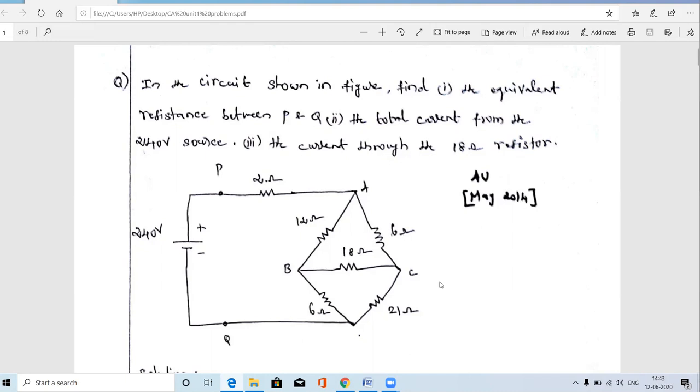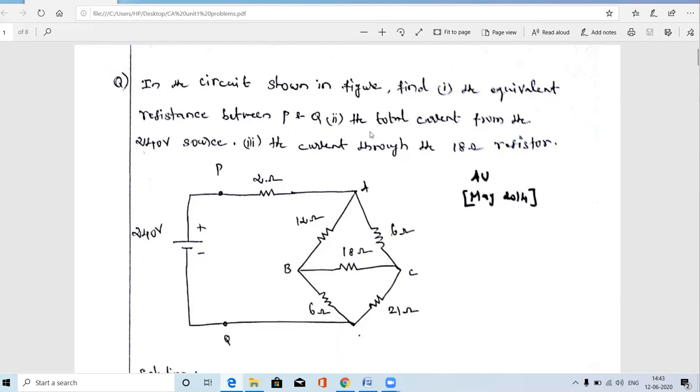So this is the given circuit. In this circuit, this is the terminal P and Q. We have to measure the equivalent resistance across this terminal P and Q. Here 6 resistances are connected in some manner. We have to find using either series combination or parallel combination or star to delta or delta to star. We have to convert this entire network into one single equivalent resistance. It is the first question.